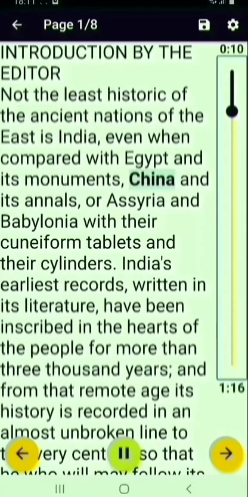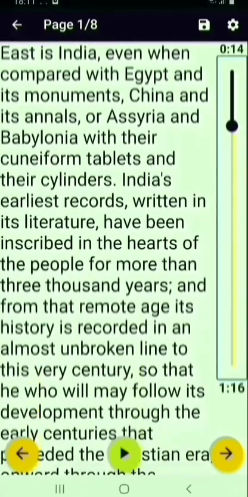If you swipe right from the previous page button, 14% forward or rewind audio slider. Use volume keys to adjust. There is a forward or rewind audio slider. Using this, you can forward or rewind your audio by using the volume button. If you click on the volume up button, it will forward the audio. So I'm going to click on the volume up button.